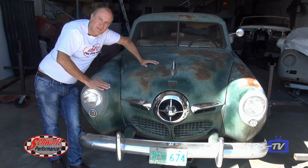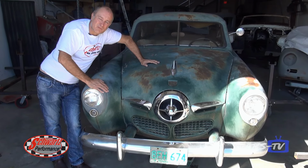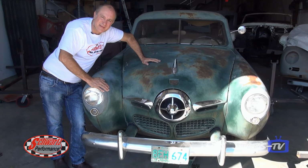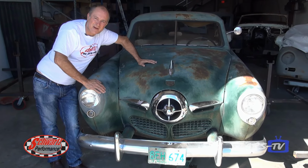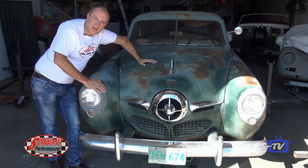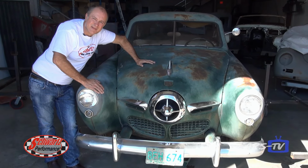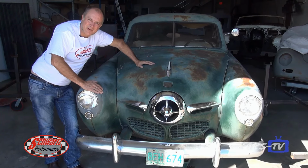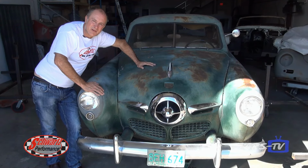Back in the day, this '50 Studebaker won the Popular Mechanics fuel economy run, and it got over 27 miles to the gallon in 1950. The cool thing, it was very lightweight. It had an overdrive transmission, a 3-speed on the tree along with an electric overdrive that you pulled a button and it went into overdrive gear. Incredible fuel economy. It only had about 85 horsepower out of this inline flathead 6-cylinder, which by the way is